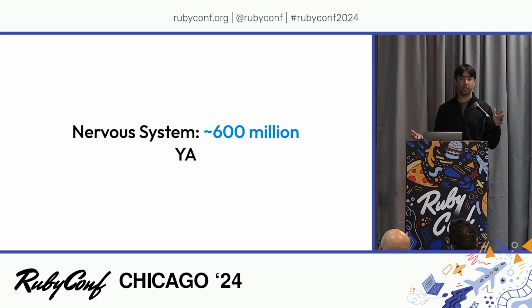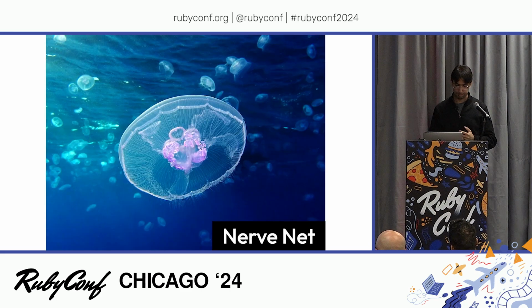Again, we'll go back to life and see, is there any inspiration we can get from living organisms? So about 600 million years ago, we start seeing the first signs of a nervous system. And in fact, life becomes very dynamic at that point. Lots of organisms kind of interacting with each other. And in the fossil record it's called the Cambrian explosion, where there's just so much different variety of life.